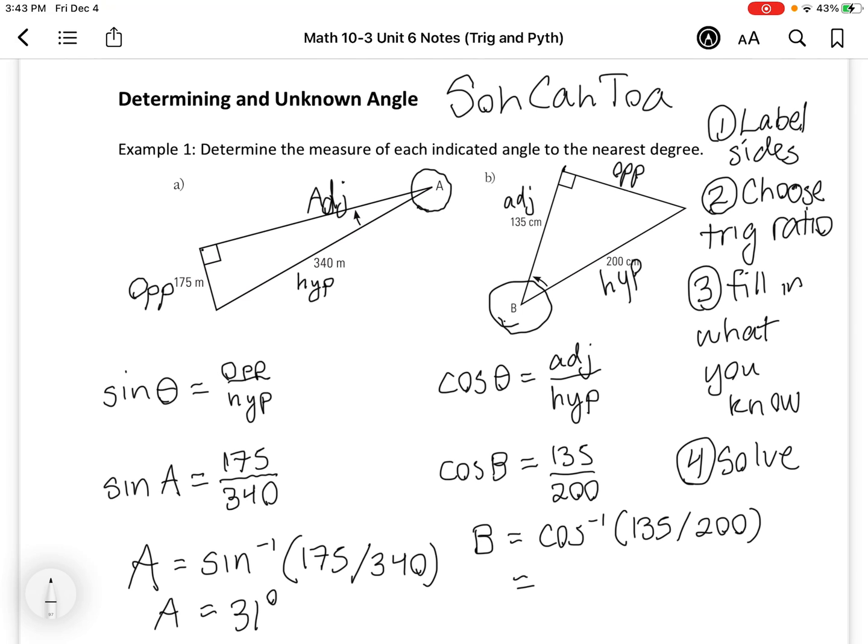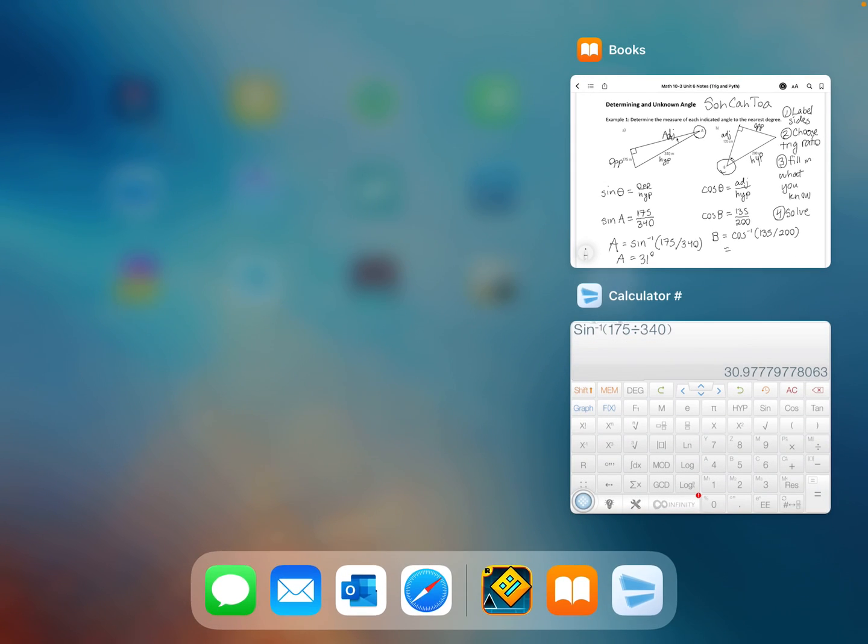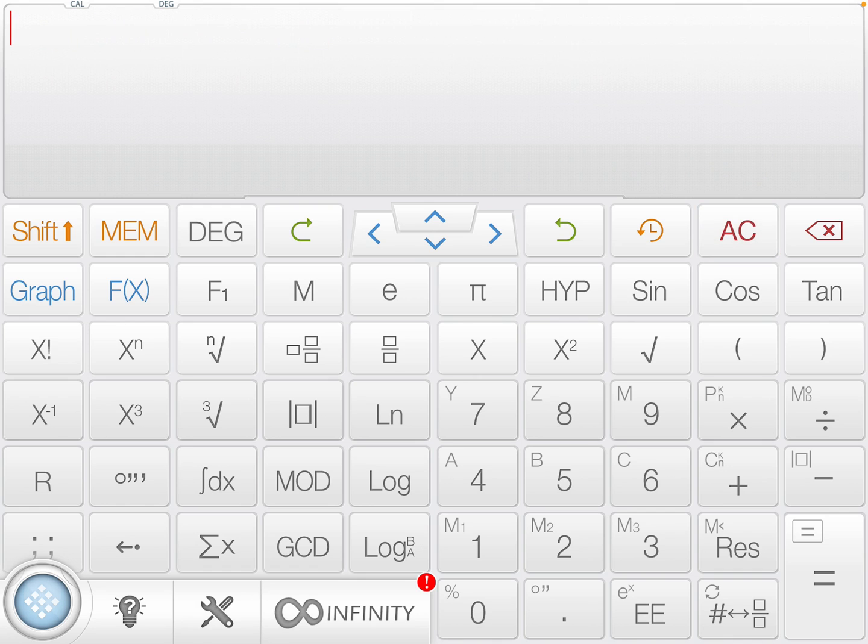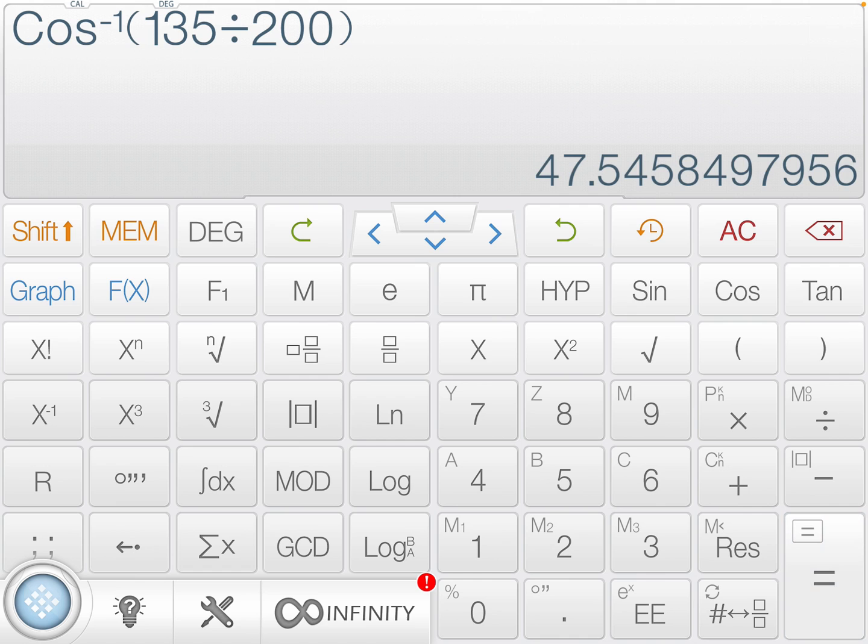And now I've got to go to my calculator. So I'll just clear this. Press the shift button to get the inverse trig functions. And I'll go cos inverse of 135 divided by 200. I'll close the back bracket. Equals, and this is